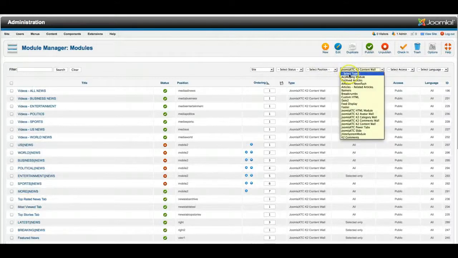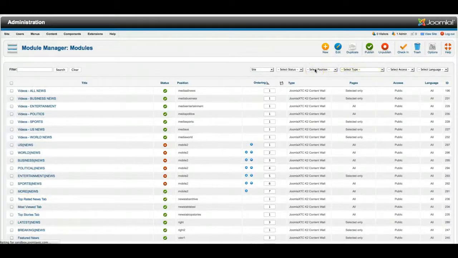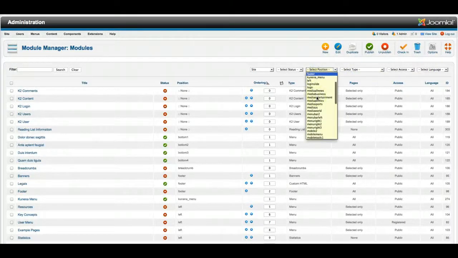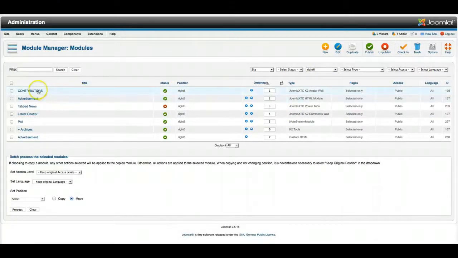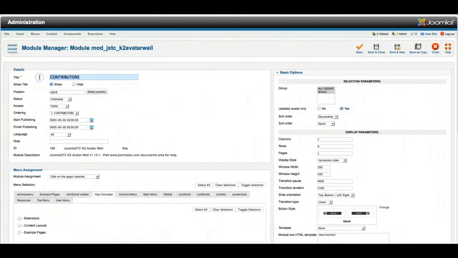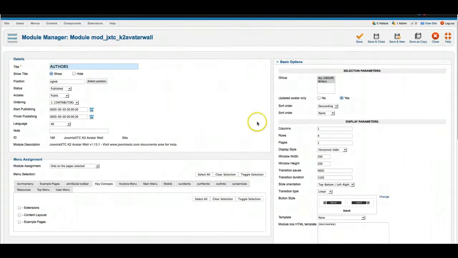So let's go ahead and turn that off here, and let's take the K2 content wall off, and let's select our position right 6, and let's set up the right 6 side. So first we're going to go to contributors. Let's go ahead and change this to authors, so we have enough room here. Change that, and let's go ahead and change the columns to 4, the rows to 1,